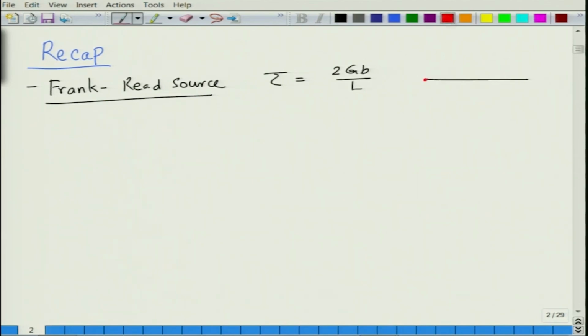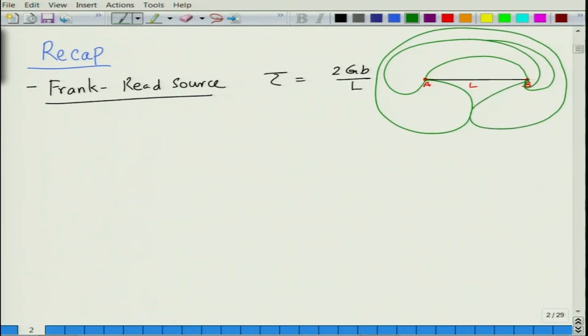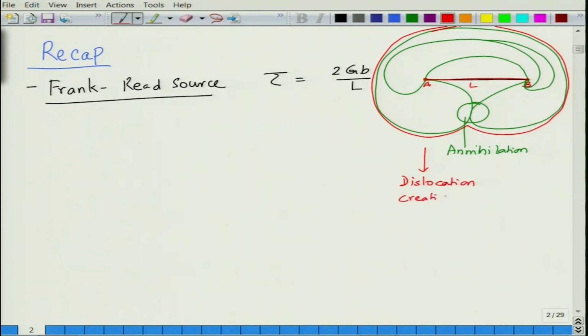So, if you have this dislocation, this is L, these are the points A and B, and when you move the dislocation it goes in this fashion, and then finally it comes like this, a full circle, and this is where annihilation happens. So, it leaves basically a loop like this, and this segment goes back to its own state. So, this leads to dislocation creation, and you can say multiplication. So, basically an increase in dislocation density,